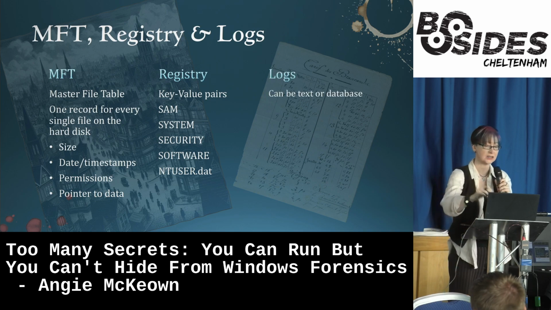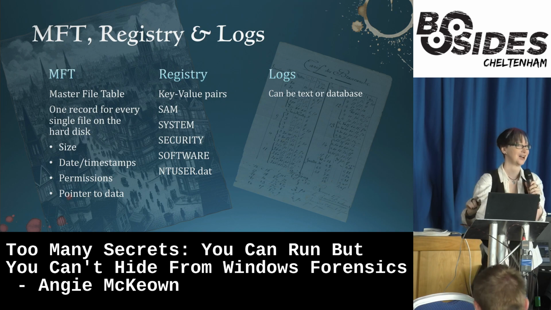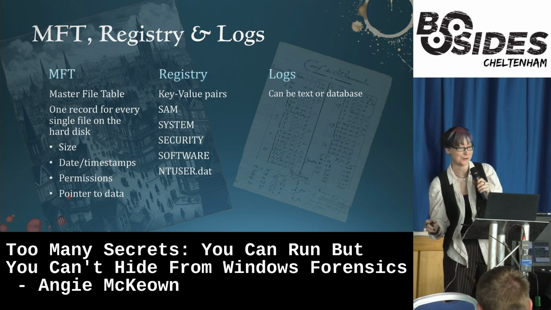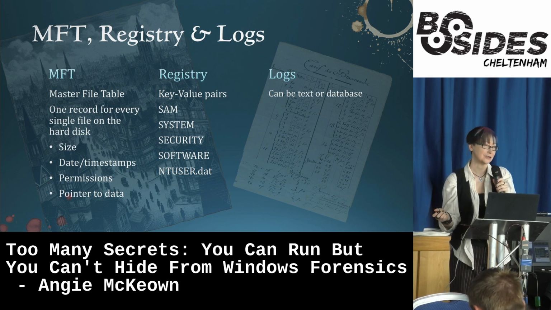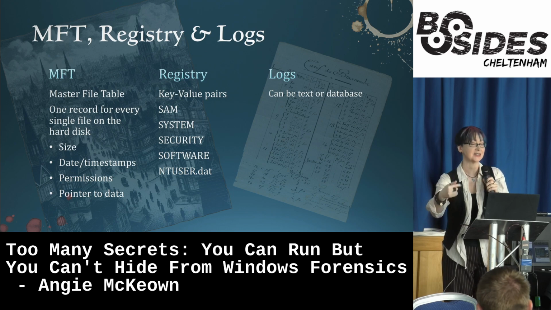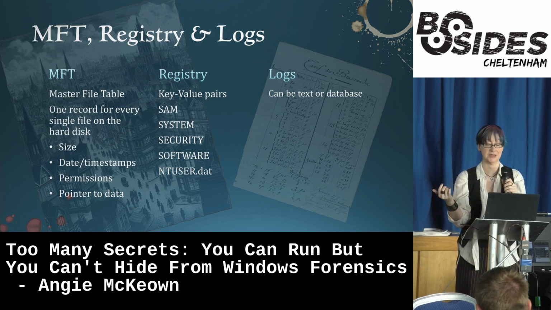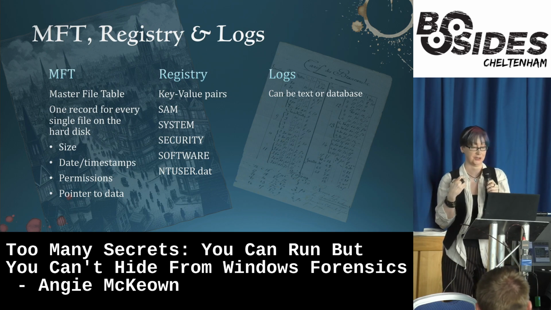And of course, there's just a lot of general logs through the system. In fact, out of the box, Windows 11 has over 100 different types of log by default. And I know that's scary, but it's not even surveillance, really. It's just things that the machine does to function and settings that the operating system or the apps need in order to keep working that we just happen to be able to use for investigations.